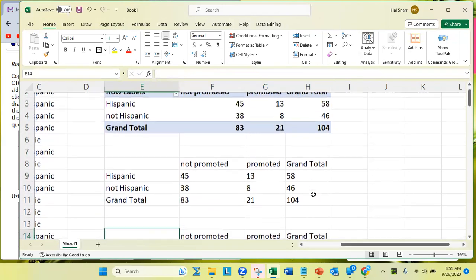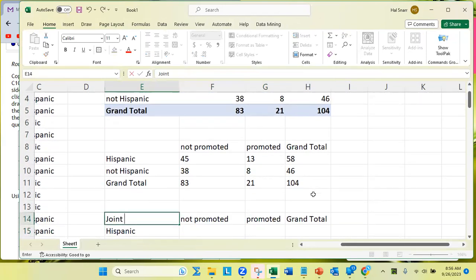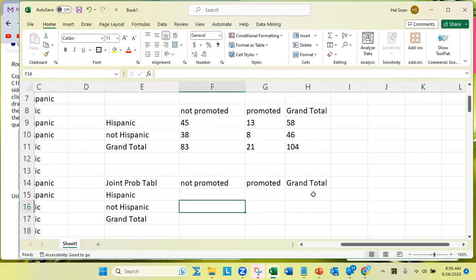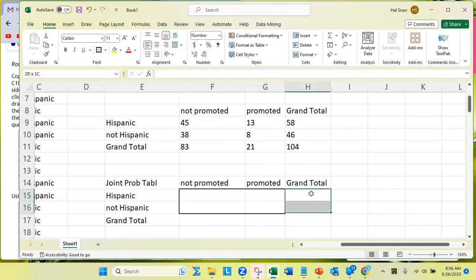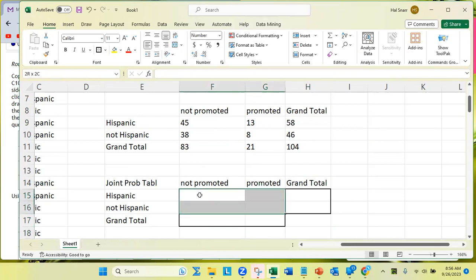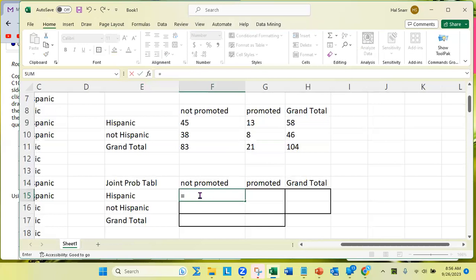Down here, I got the joint probability table. And this comprises 3 probability distributions that I'm going to put in a box. The reason why it's called a joint probability table is because the values inside this box are joint or intersection probabilities. And the way you calculate them is you type equal, you come up here, and you divide by